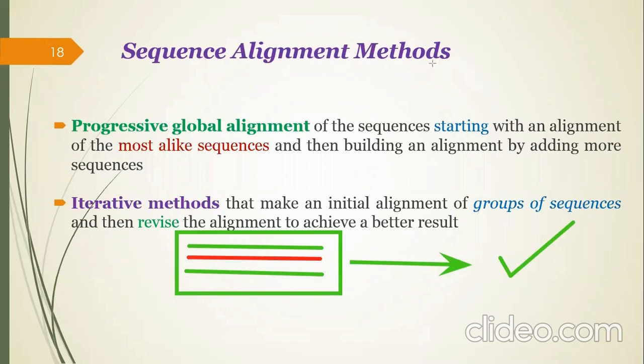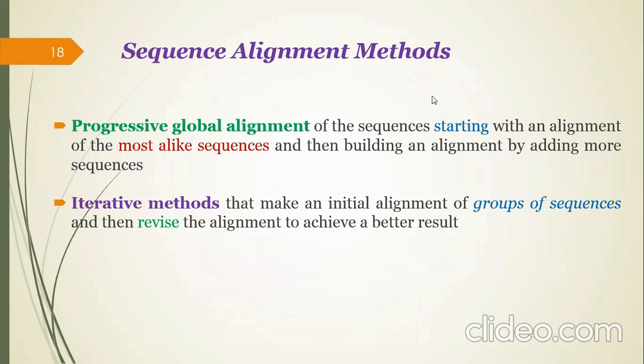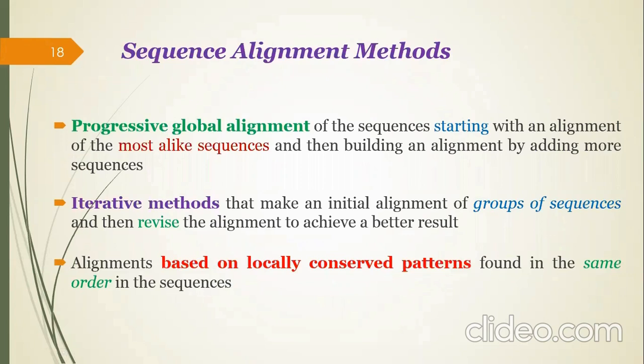to have more score, a maximum score of an alignment. And alignment based on locally conserved patterns found in the same order in the sequence. So ये असल में alignment का basis है कि अगर locally conserved pattern है